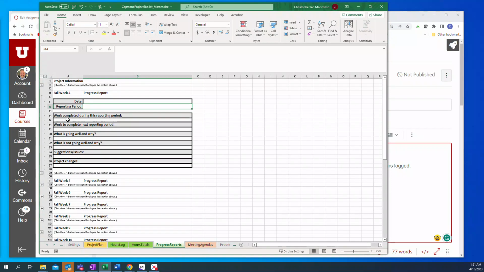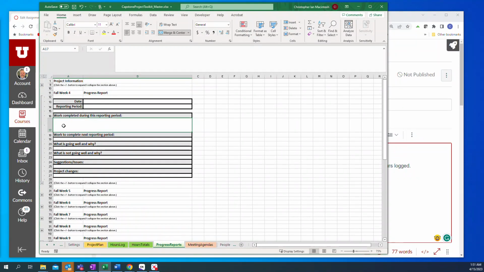And this doesn't have to be anything huge, but these are going to be useful for you as you look back on your project while you're writing your methods. What did you do and what happened in the project? So adding enough information that it's meaningful for you later on is going to be beneficial. If one of these sections needs a little more space, you can just make the row bigger, and